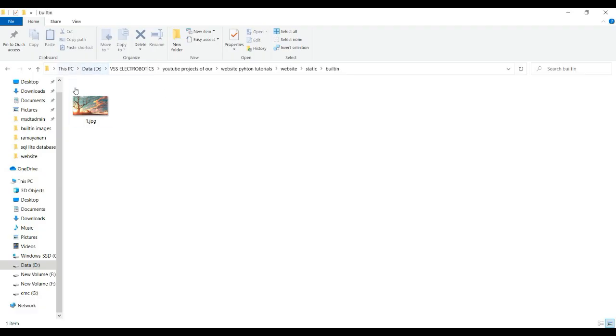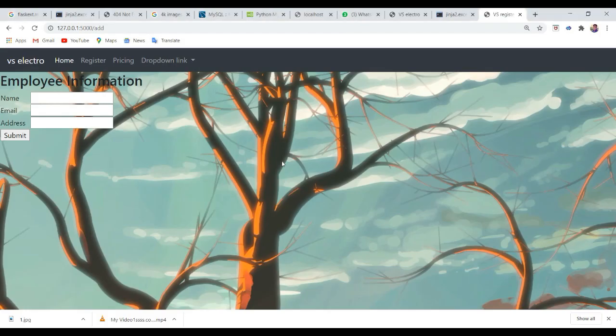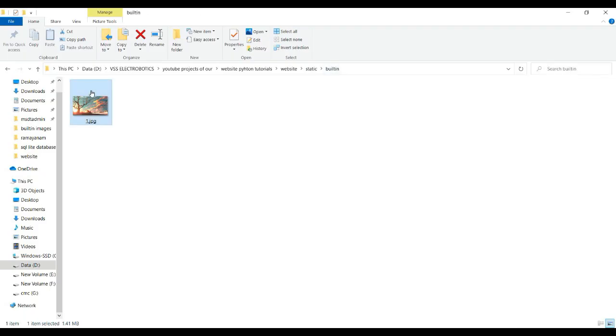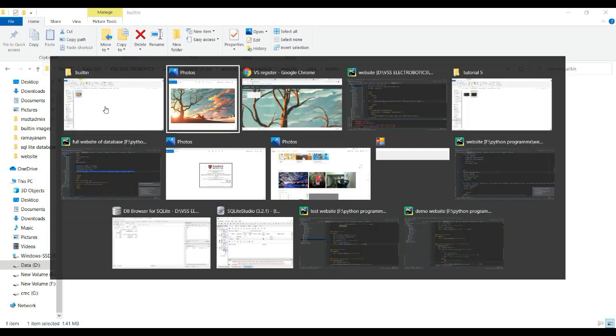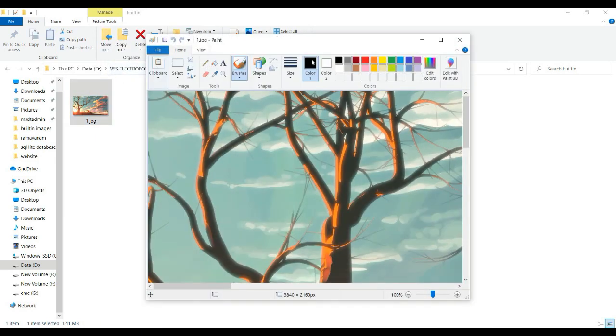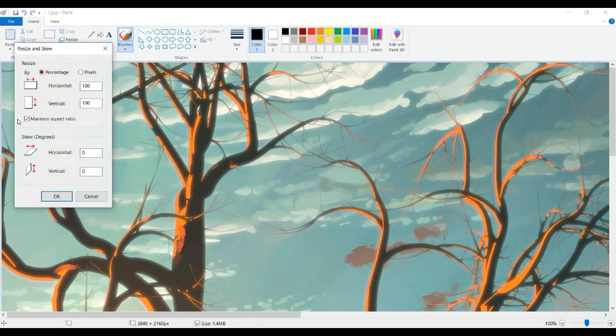So we said that this is our image, but we didn't see the full image here. Actually we took the image in the size of 3840 by 2160, so just change the size. Go to edit and resize in Paint.